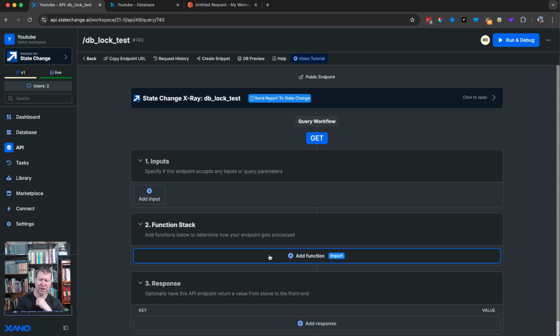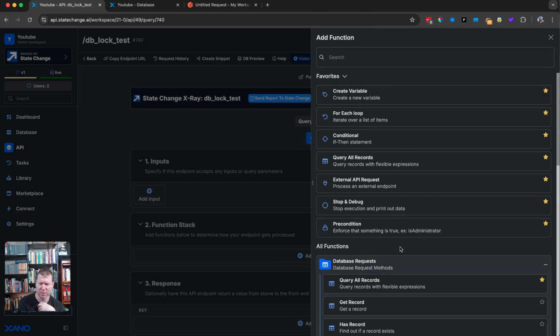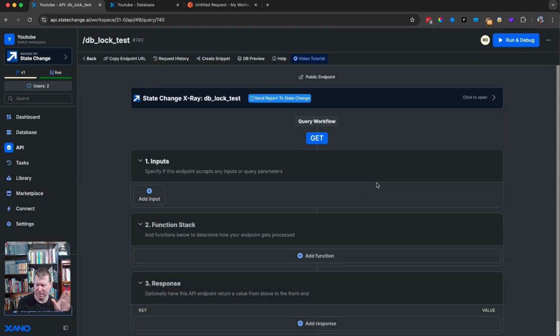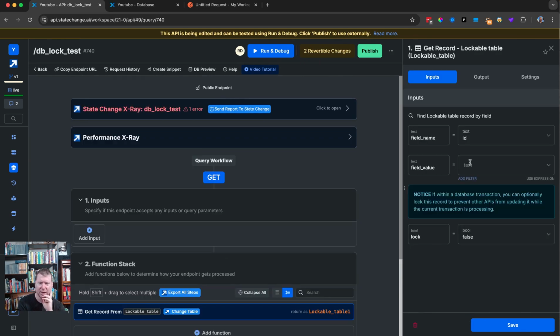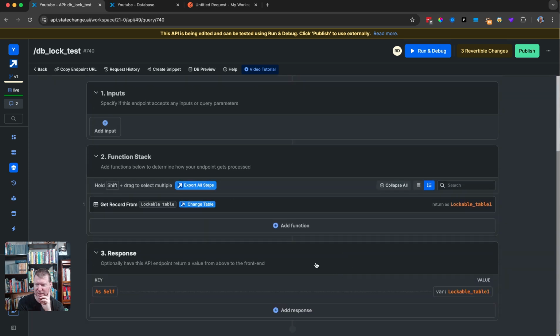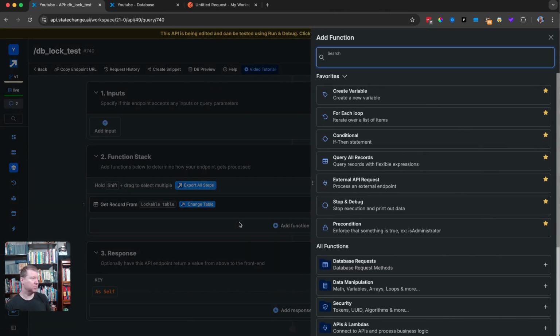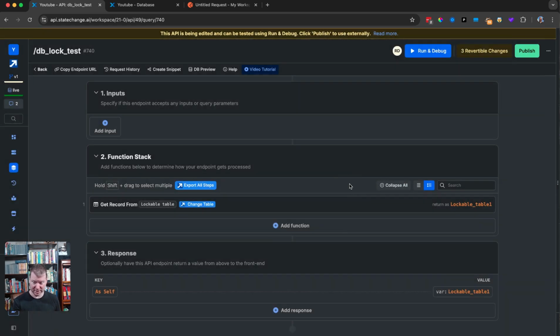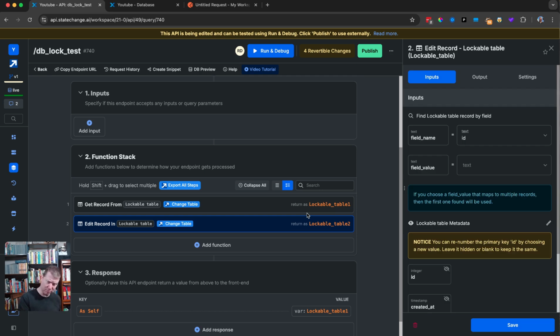And this can be particularly challenging because you can have something along the lines of: I'm going to go get a record. Let's pull it from my lockable table, which is the example we'll use in just a second. I pull a piece of information, and then maybe you do a web request, you get some AI stuff. You've figured out this is something that needs to be updated, and then a few seconds later you edit that particular record. You take the same table, same record, and you say, now I want to send that data back,